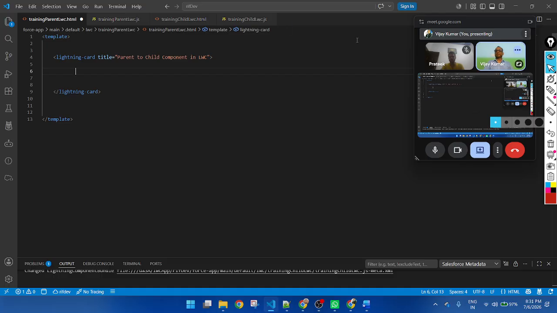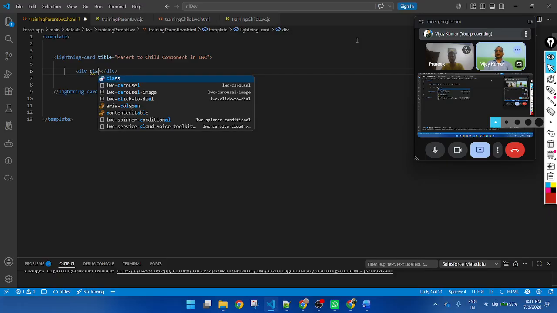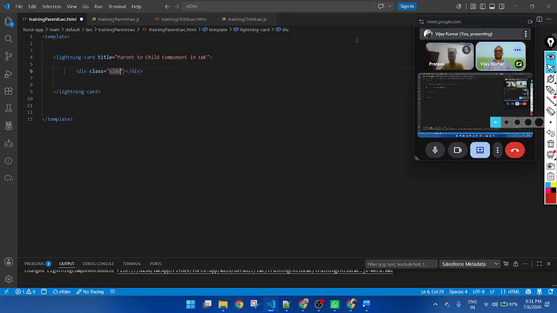And here use a div, class equal to slds-grid, slds-wrap. Div class equal to slds-col, slds-size_6-of-12.